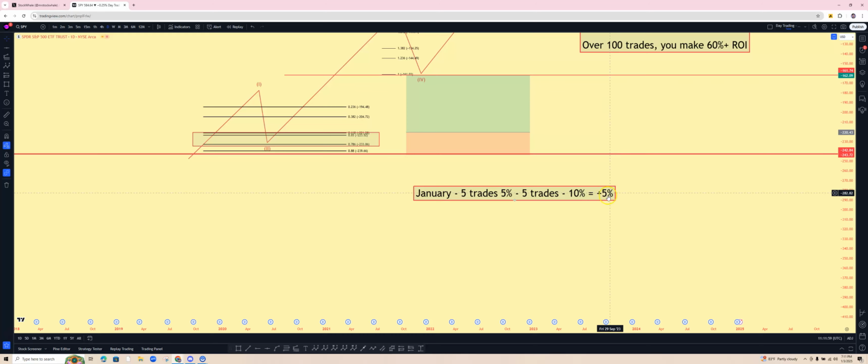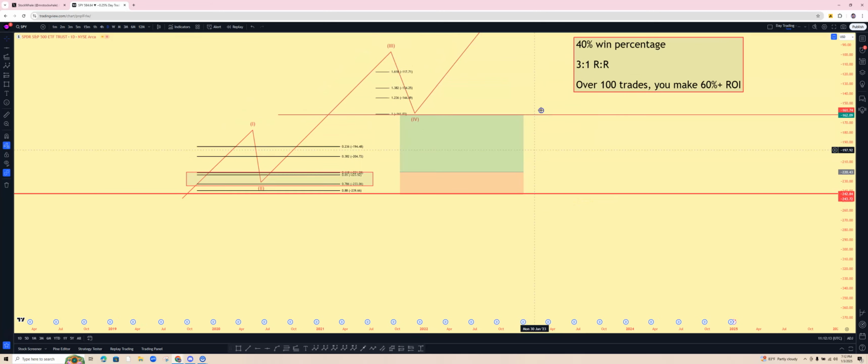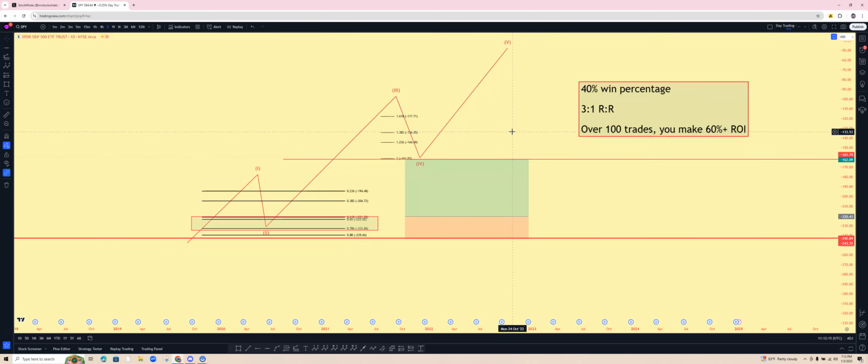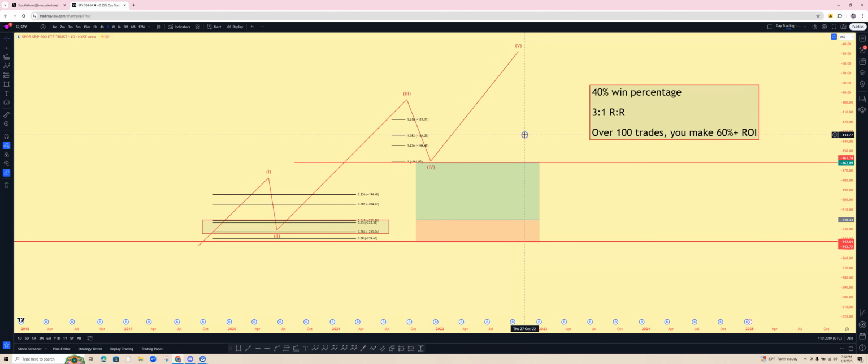So you can do that, right? And imagine you keep doing this over and over again, January, February, March, April. Even if you're a break-even trader, 50% or 40% win rate, you're golden. You're still good. Now imagine, because of the techniques I taught you, you become a 70% win rate trader, and you're having 2-to-1 R&R. I mean, you're going to make a lot of money, guys. You're going to make a lot of money, and that's how you sustain yourself for the future.